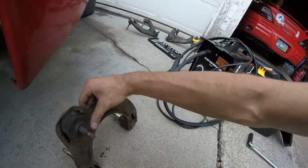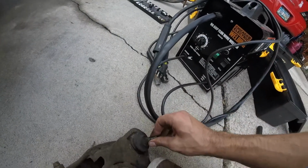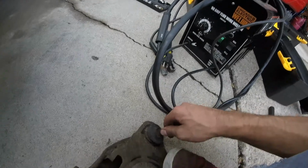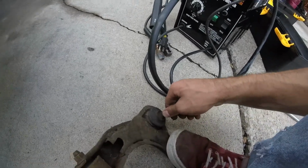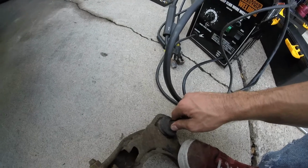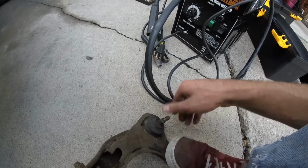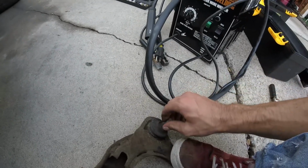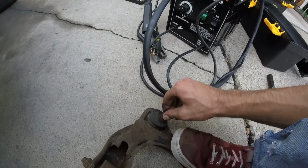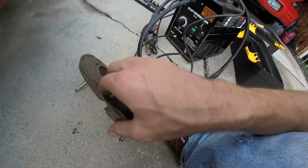I mean, look at how does it, that is just destroyed. Oh my god, holy shit. I know I'm probably kind of shaky with the camera because I'm trying to shake this, but damn. Alright, well, that's destroyed. This entire control arm is really rusty,